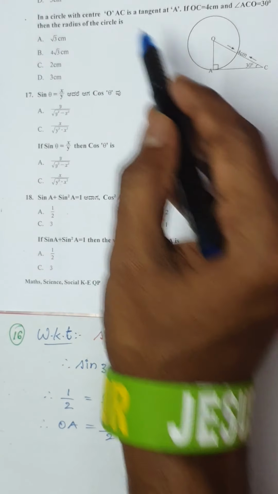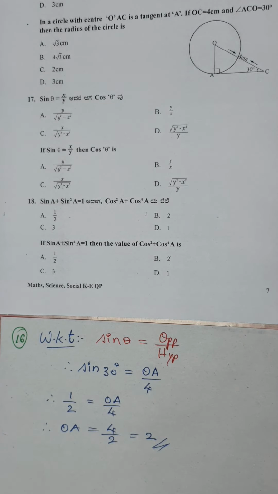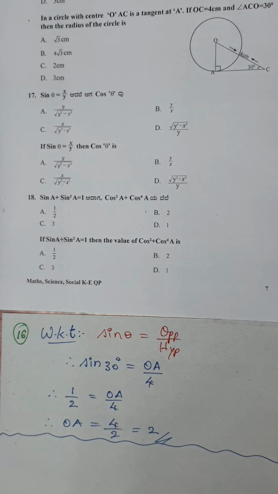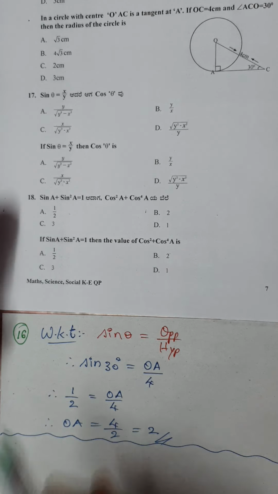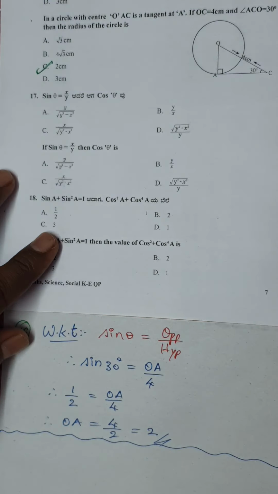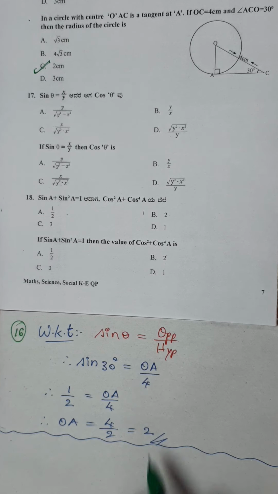That is not what I wanted. The right answer is radius should be 2 units. Please note down, dear students, don't skip the chapter of trigonometry. In this question paper, he has asked 5 questions on trigonometry. So for question number 16, the right option is option C, radius is 2 centimeter, isn't it? We have found out the answer.